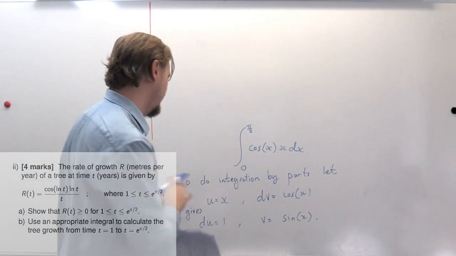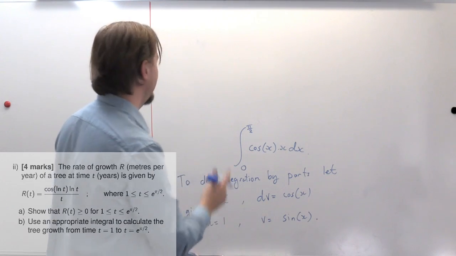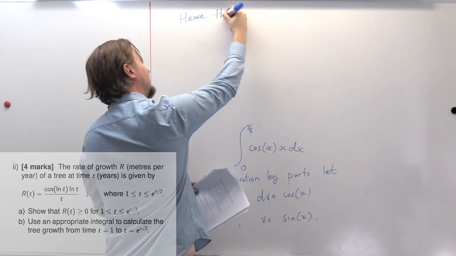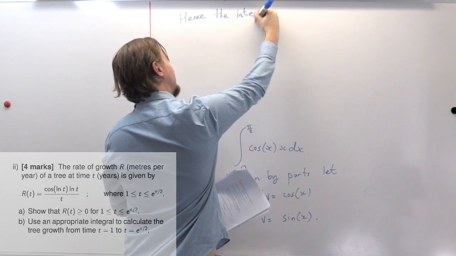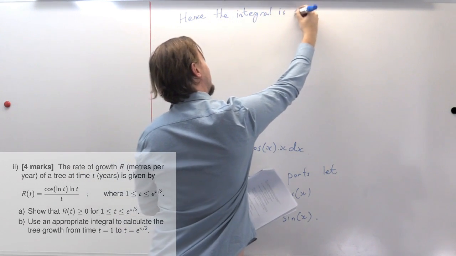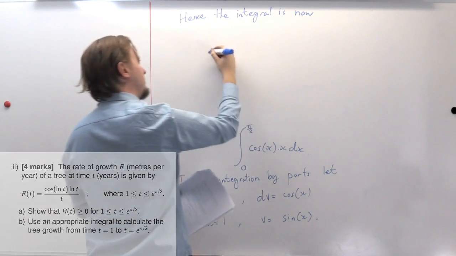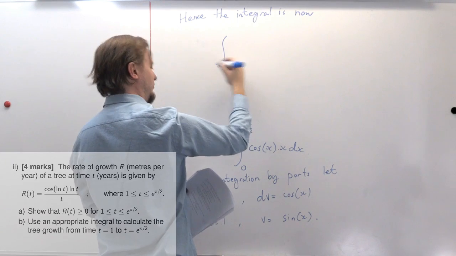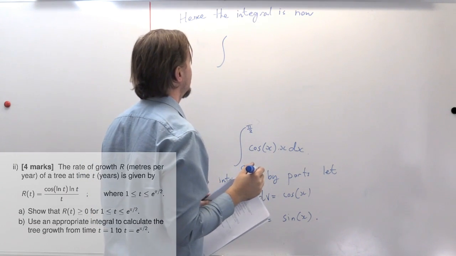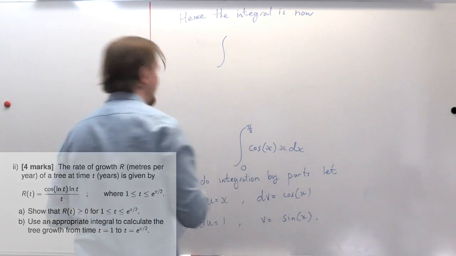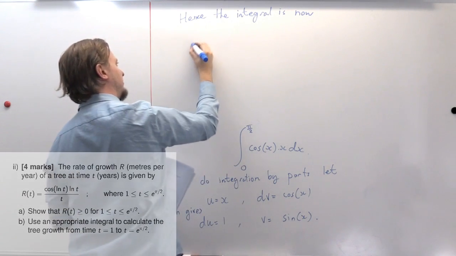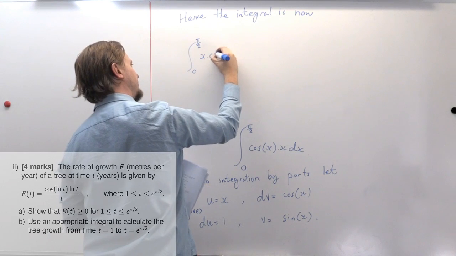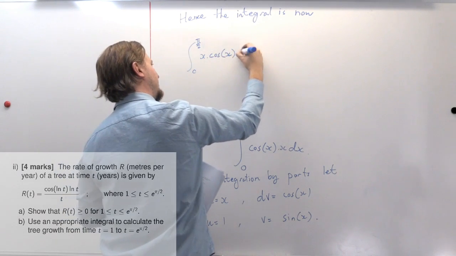All right. So to do integration by parts, we've made this choice. Hence the integral is now, well, let's just write it down again. So I had the integral from 0 to pi over 2 of x times cos x dx,